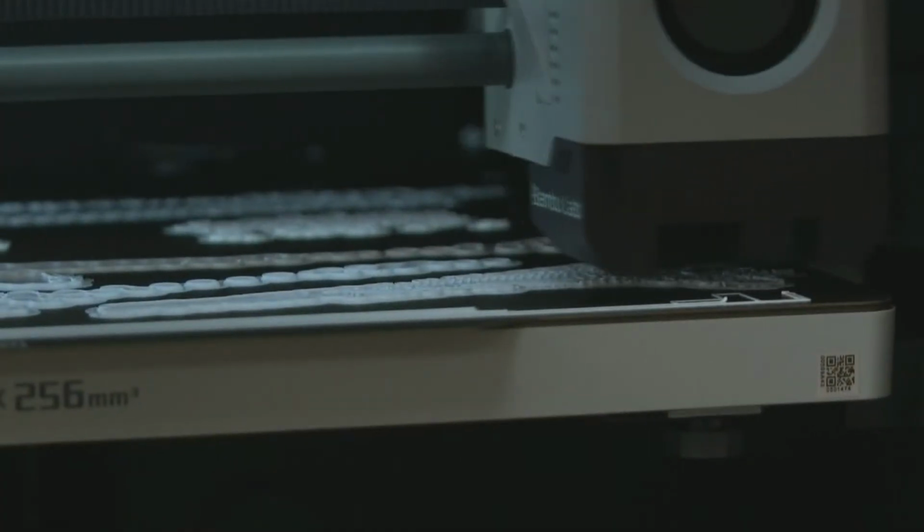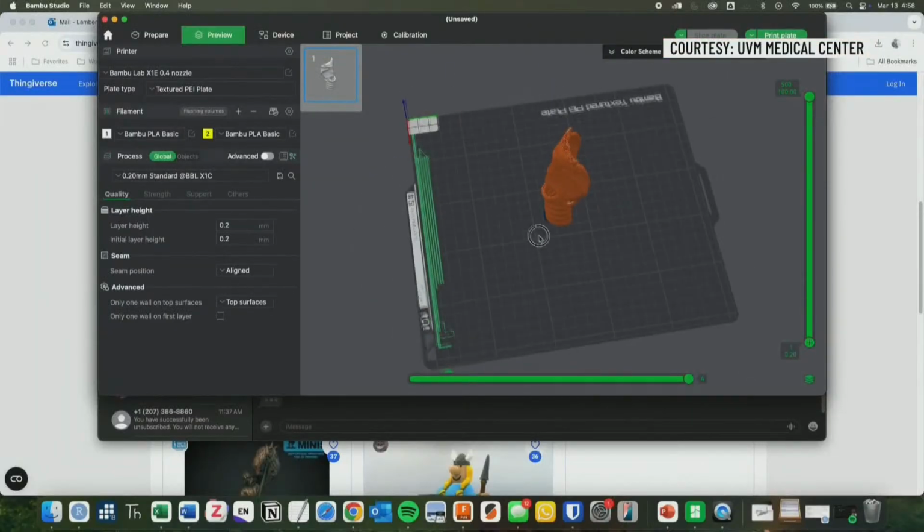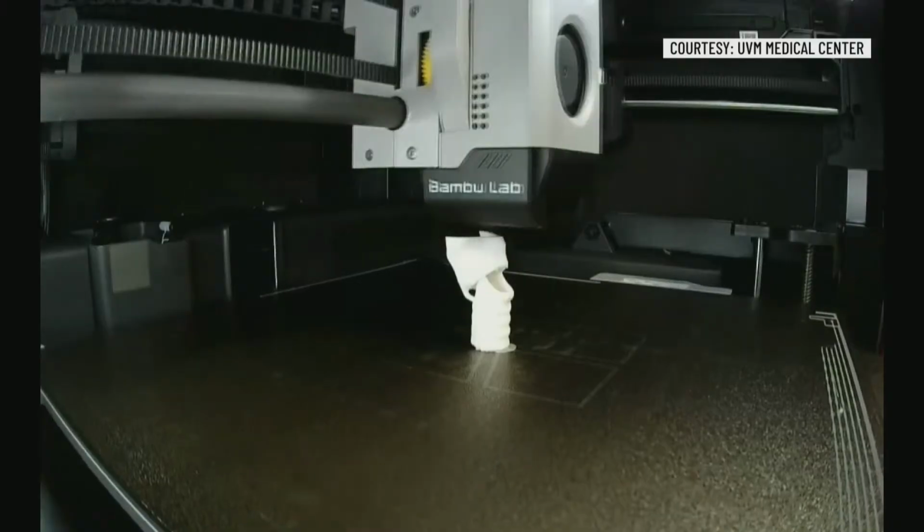A lot of the time what we're doing is creating trainings for what we call high acuity, low occurrence procedures, or HALO. And these are things where they're really stressful, they don't happen very often. It's really important that a provider gets it right the first time. The 3D printers trace a template loaded in from a computer software, and in a matter of hours,